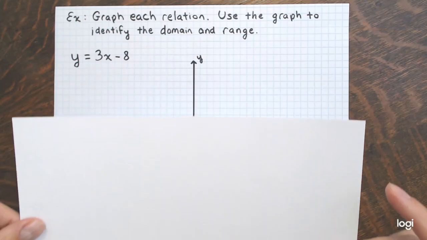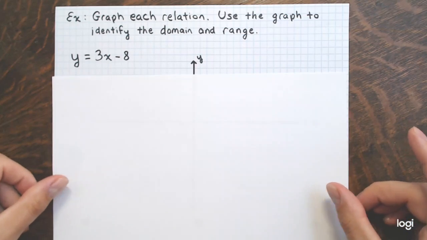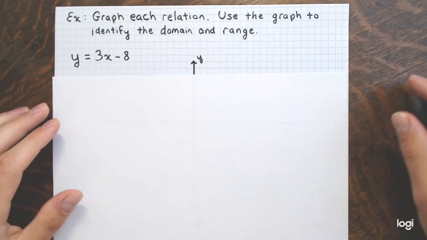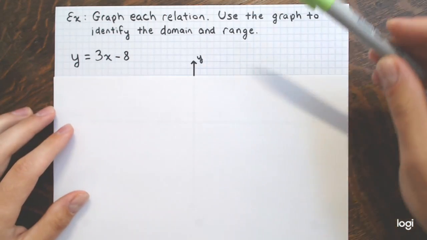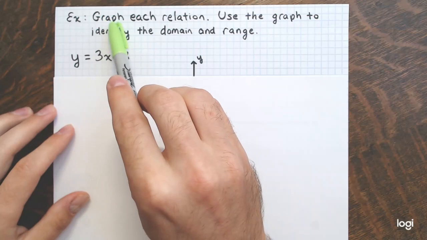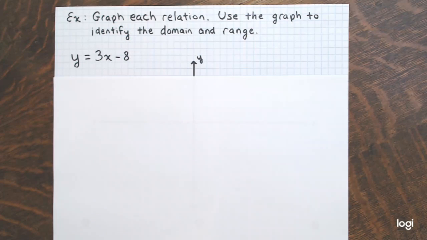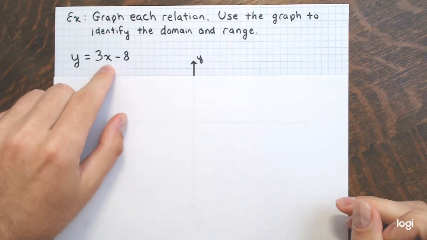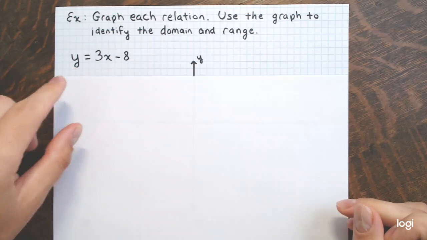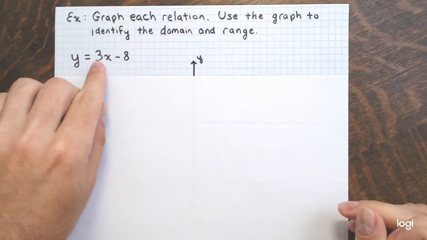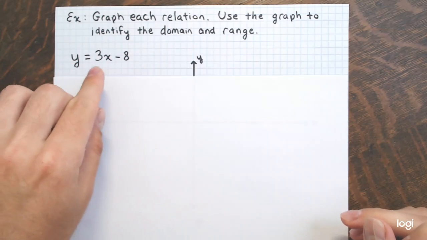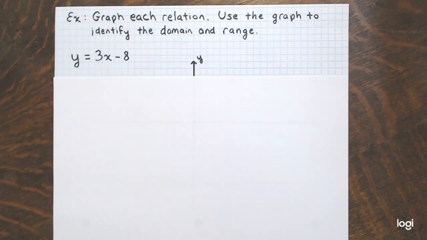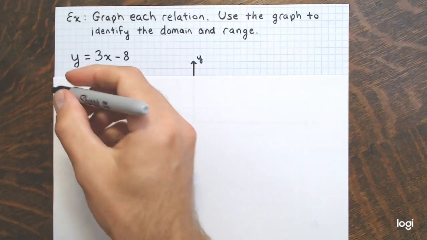So as I did in my point plotting video, what I'm going to do is make a little table. All right, we're going to make a graph, and a graph is again just a picture of solutions, right? We're going to see what values that x can represent correspond to what values that y can represent to make this a true statement, right? We're trying to find solutions to this. All right, so here's a table,